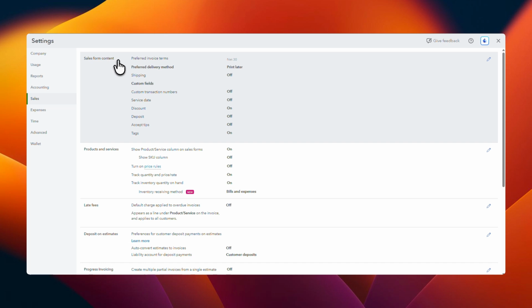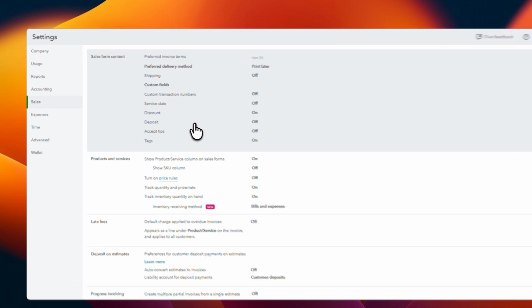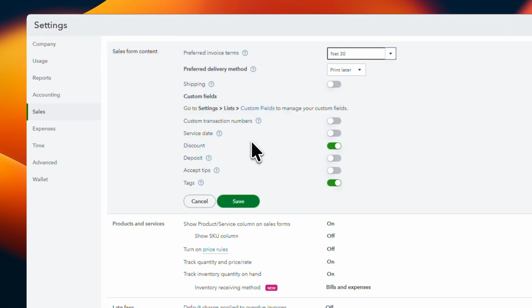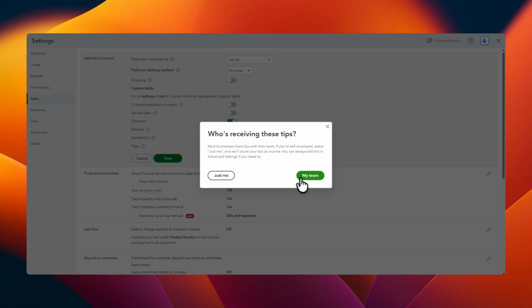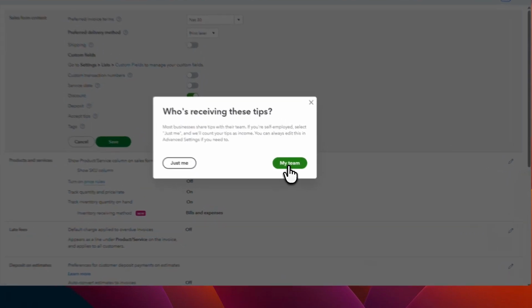Find the setting labeled Accept Tips. When you see it, toggle that switch to On. This tells QuickBooks that you want customers to have the ability to add a tip when they pay. After turning the setting on, click Save to apply the change. That's the final step. Once saved, your invoices can include a tip section, making it easier for customers to leave